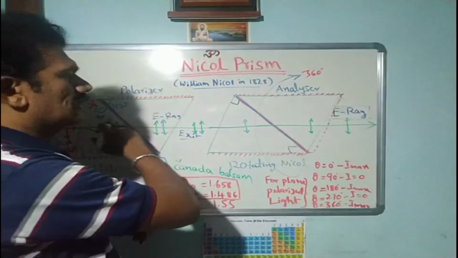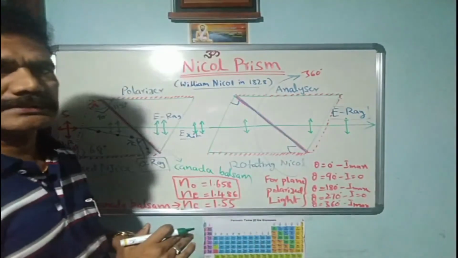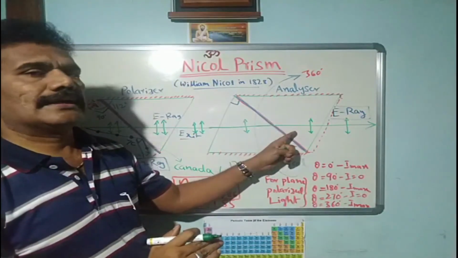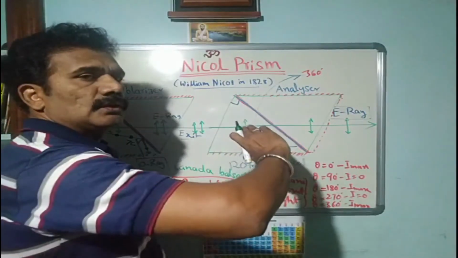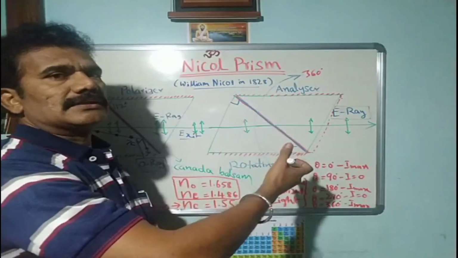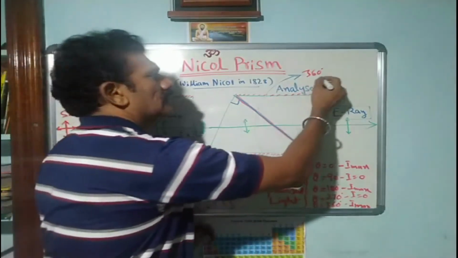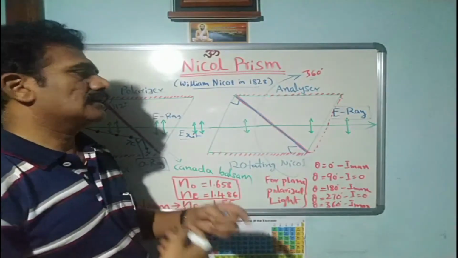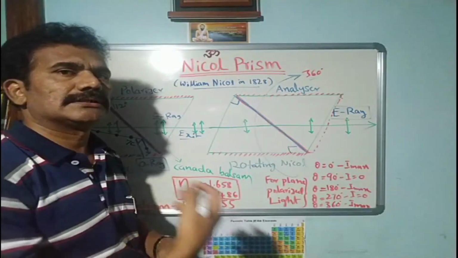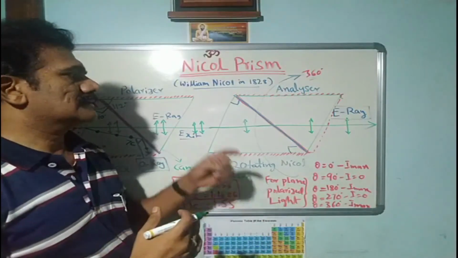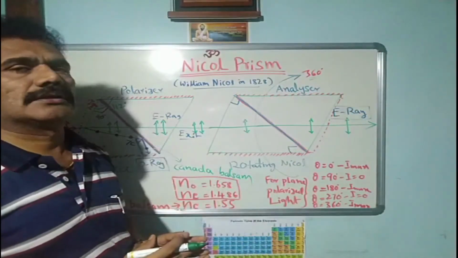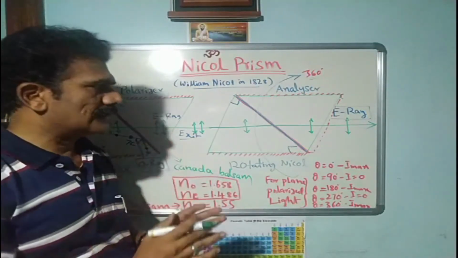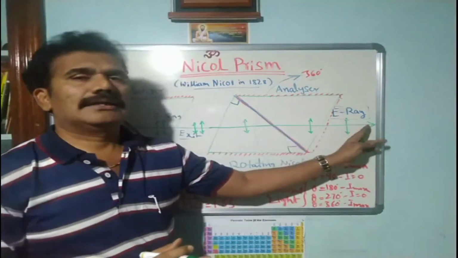You just consider the light along the same axis of the Nicol prism, and then you look at the Nicol prism functionalities. This analyzer can be rotated completely, through 360 degrees. So what is the help? If you rotate it completely for 360 degrees, how can we make it an analyzer to observe the extraordinary ray in terms of its intensity? You have to observe how the intensity varies for the final emergent ray.